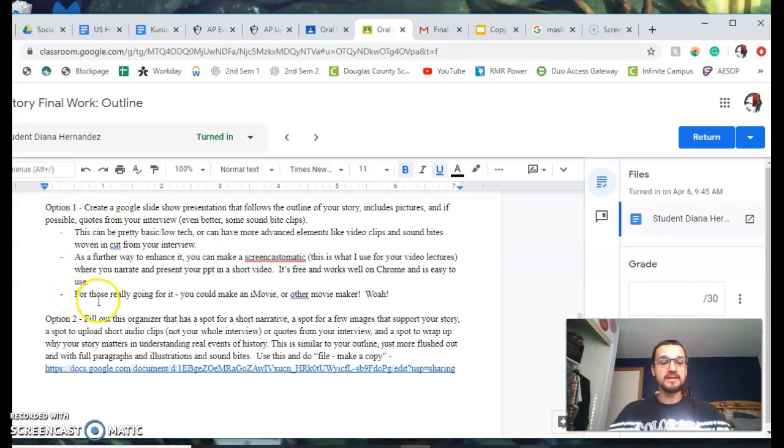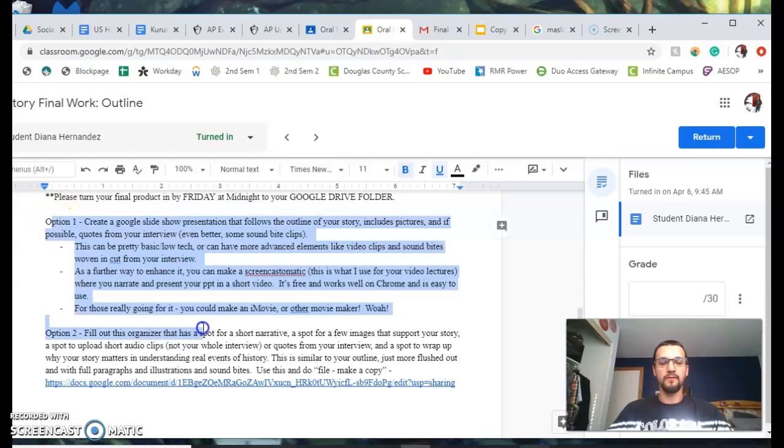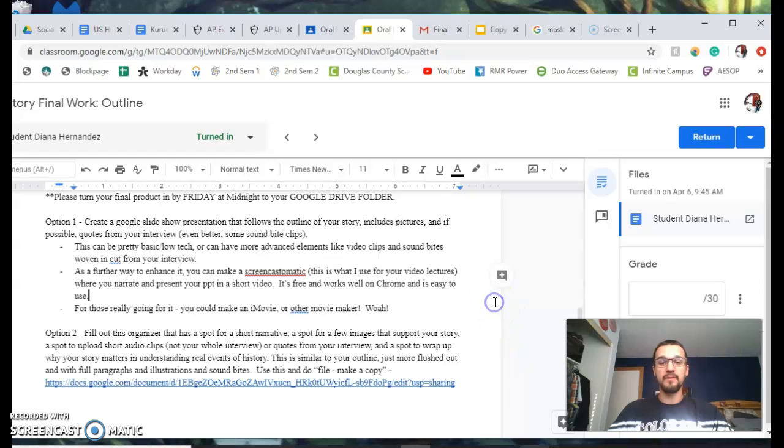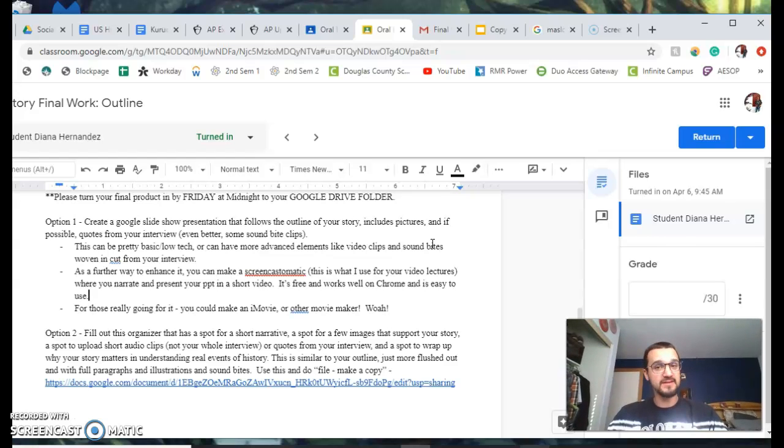I'm going to say this is the one where you're really trying hard and going for it. This option is going to give you extra points. I may be willing to even, if you do well on this, give you a 50 out of 50 or something like that. If you really go for it and really try to make this thing nice, and you're trying to recover some points in this class, this would be an excellent way to do it.